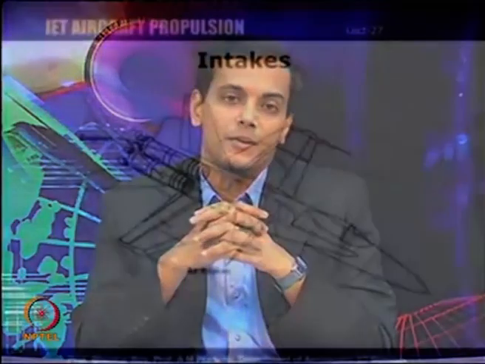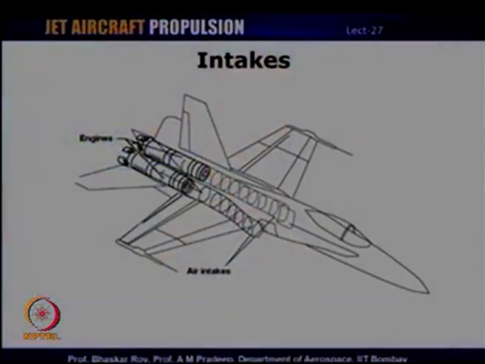which means that if an aircraft engine has a lot of variation in its operation, like a compact aircraft, a normal intake which has fixed geometry may not really suffice. You may require that the intake geometry also needs to be variable, but most of the civil aircraft engines have intake geometries which are fixed and do not change, unless it is of course under special circumstances, like in a high bypass turbofan, there could be an intake duct which goes into the bypass duct and so on,